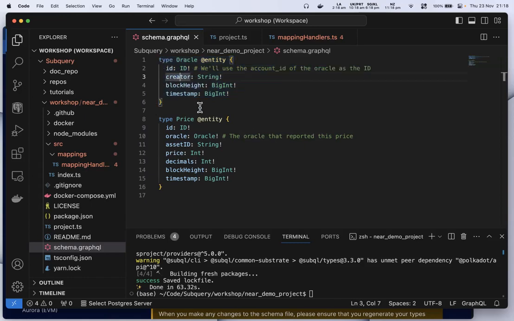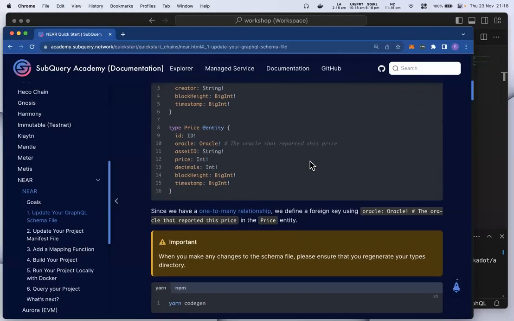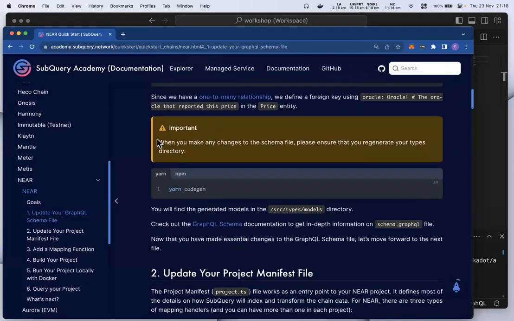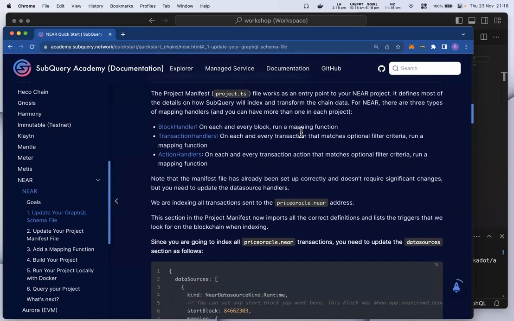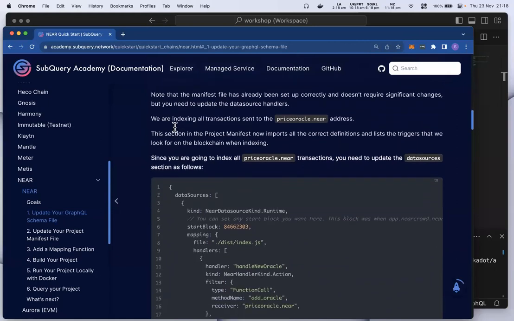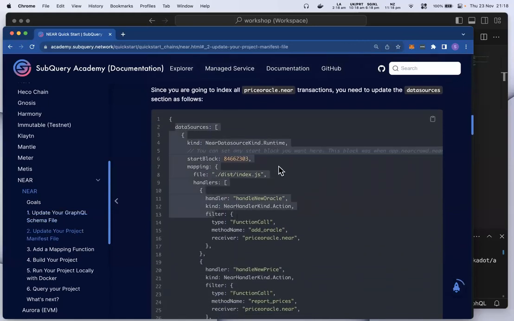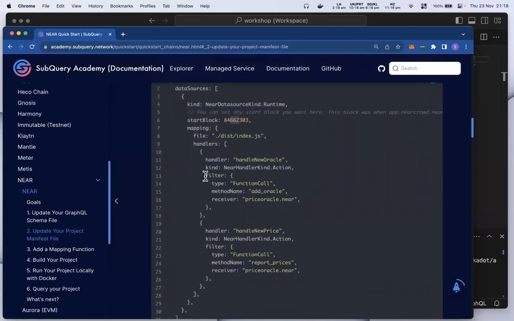And of course, when you're designing for your own project, you could design this and specify the type of data that you want to grab. After this, let me scroll down. We want to update our manifest file, right? So I'm going to change the data sources section because I want to copy this here. And what this is saying is that we want to index from block 84 million. And we've got some filters that what we're saying is that when this filter criteria